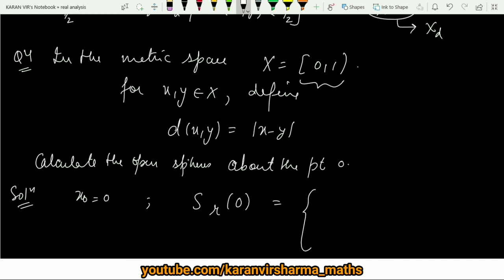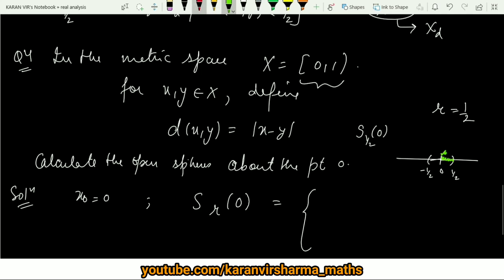So let us consider a few examples first to understand this case. Let us assume r is half. So if my r is half, then basically S of 0 is about the point 0 with radius half. So this is my point 0, this is radius half, so it will go up till half and up till minus half, correct? So what are the points that will come in this region? All the points, we have to start from basically 0. So these all points will come. Let me draw it with another color. So this point will also come, so these points will come, correct?